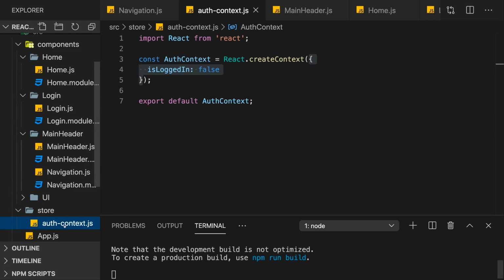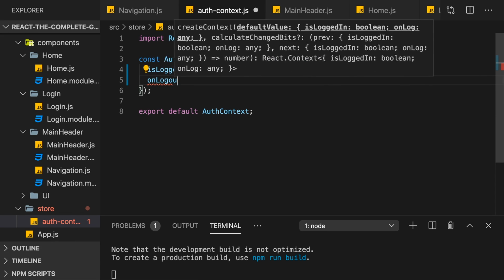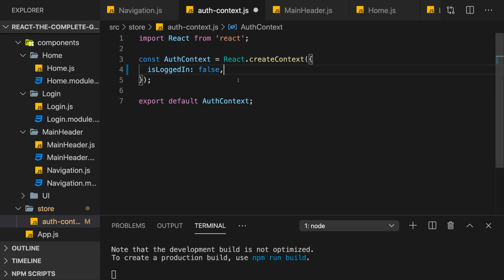Now, a little enhancement to our context. It is a good idea to also add your functions, like onLogout in my case, to the default context when you create the context. And there you can just store a dummy function which does nothing. I'm doing this for better IDE autocompletion, because you will see that if I don't have this here, in the